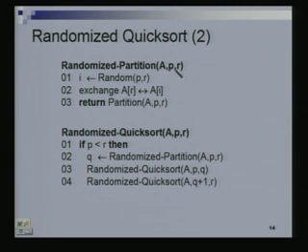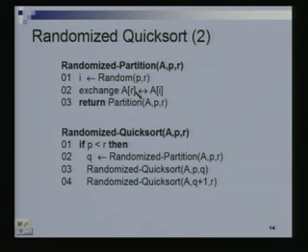Once again we are trying to partition the array A between P and R, the subarray between locations P and R. I begin by finding a random number: what does random(P, R) do? It generates a random number between P and R, including P and R. Let us say that number is I, and now we are just going to exchange A[I] and the last element.